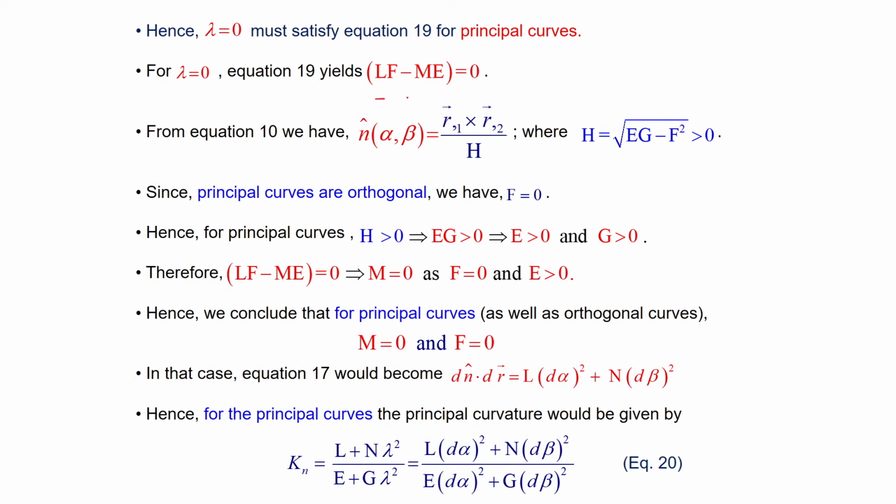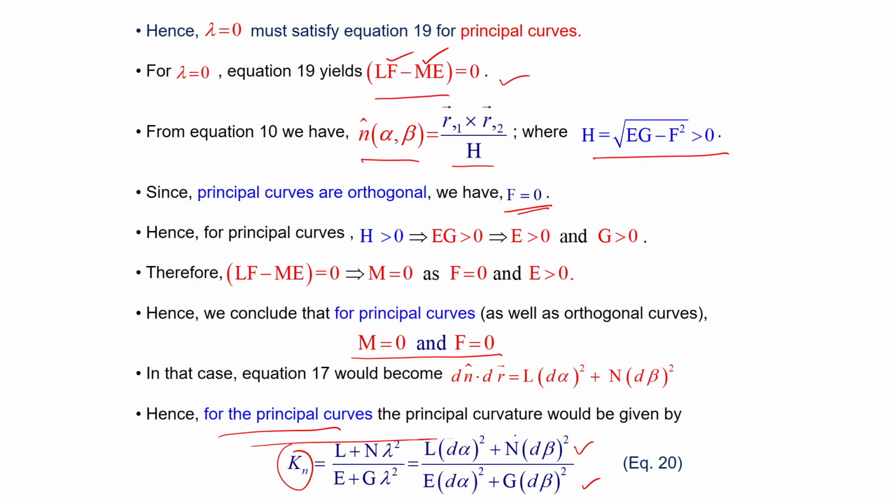So for that case this equation becomes 0, and from the equation of normal we get this equation where h should be greater than 0. If principal curves are orthogonal, then f will be 0 and m will be 0. So, this will give you nothing. Ultimately, in the principal curves, if f is 0 and m is 0, it reduces to